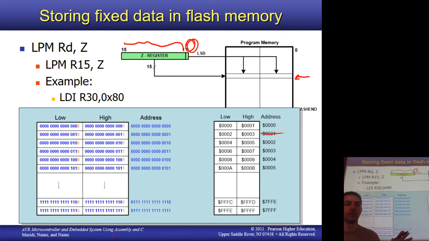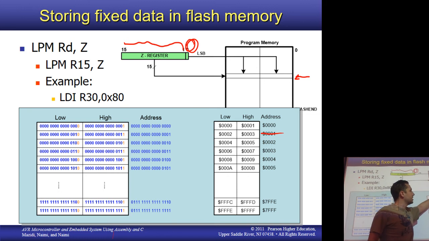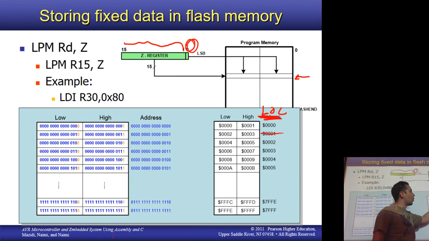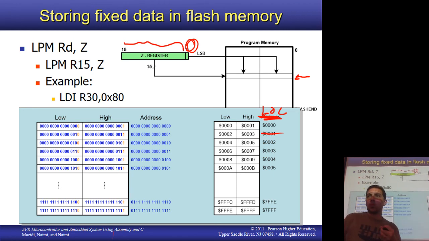Let's take a look at a breakdown of a program ROM. So here's ROM. These correspond to locations. Location 0, 1, 2, 3, 4, 5. But in location 0, we have addresses 0 and 1. In location 5, we have address 10 and 11, or A and B, depending on your number system. Okay? So if you want to access a particular byte,